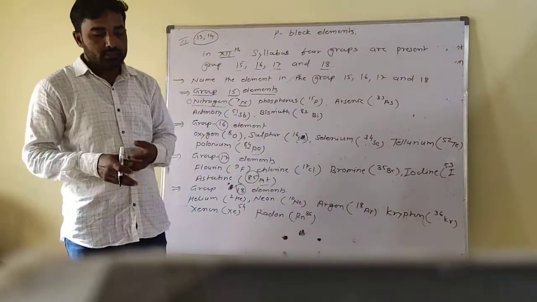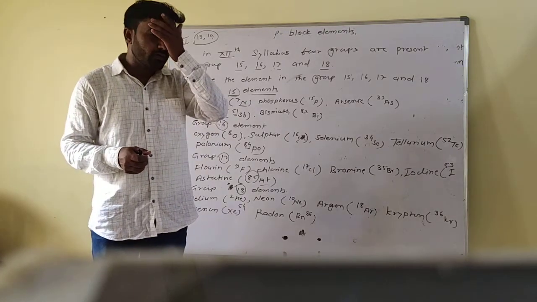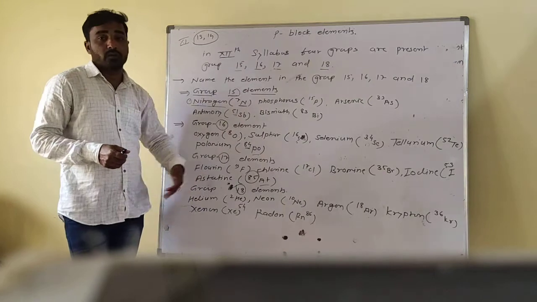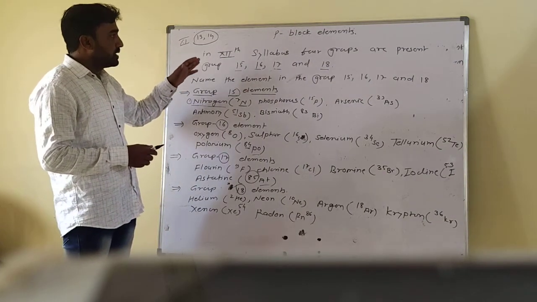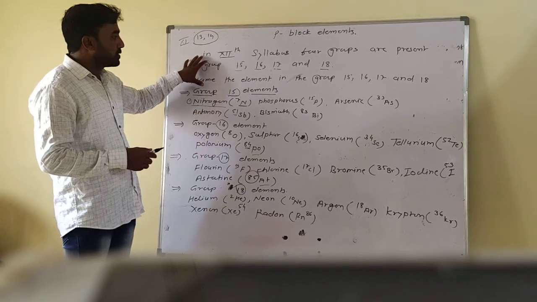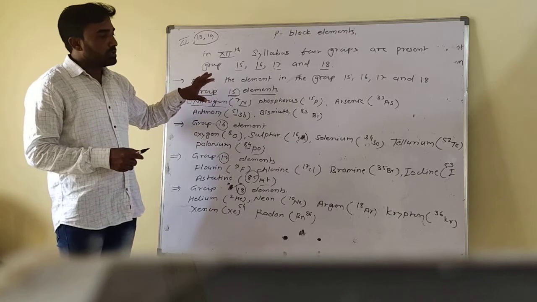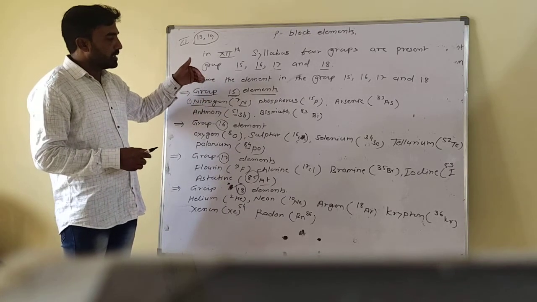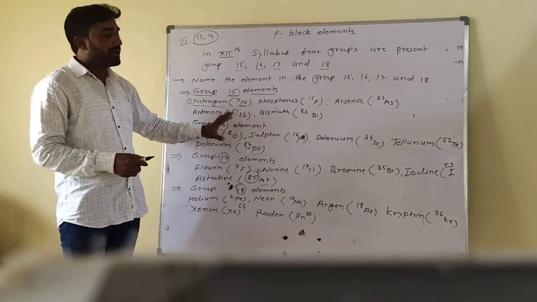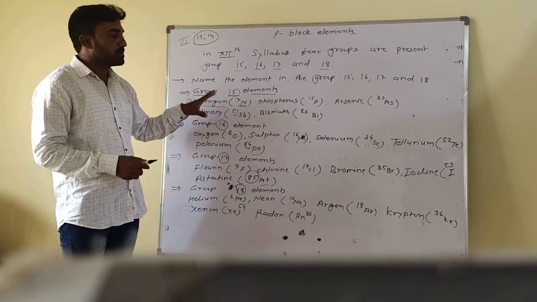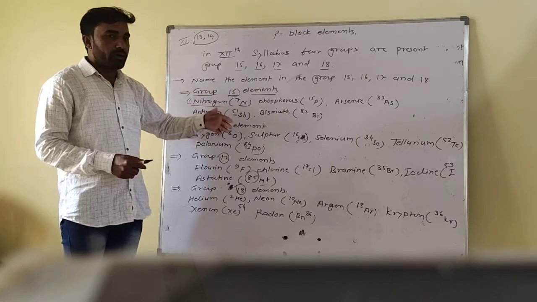In the NEET lectures, starting in 1 or 2 days, we will discuss the overall groups. In the p block elements, 4 groups are present, and which elements are present will be discussed. Next, we will do a detailed study of group 15, 16, 17 and 18. So write down short notes of these group 15, 16 and 17. And now continue the lectures.